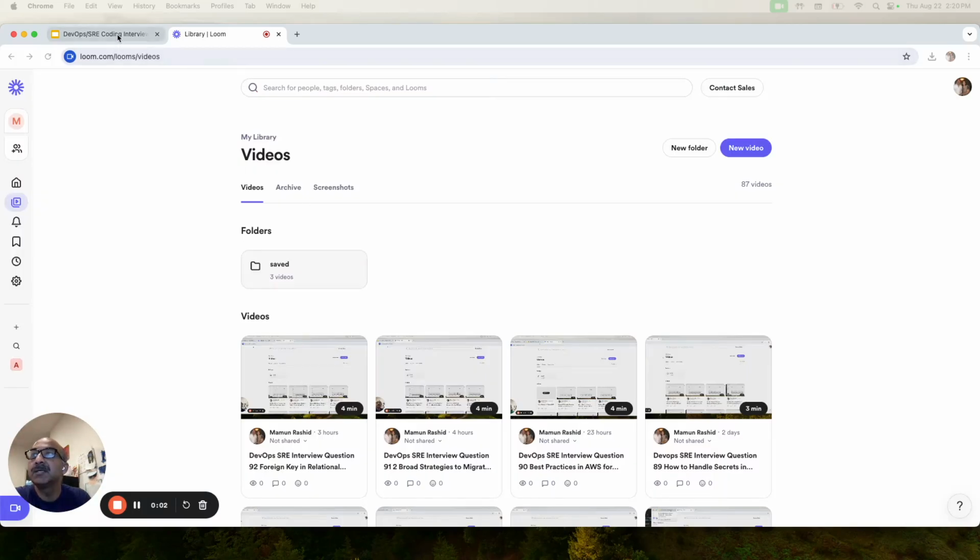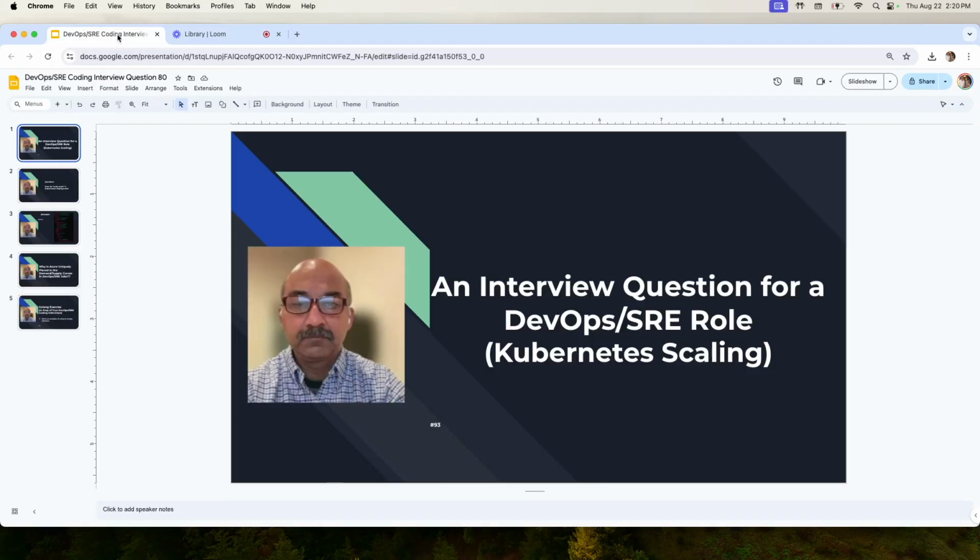Hey folks, today's DevOps SRE question has to do with autoscaling on Kubernetes. If you are not familiar with Kubernetes, you better be, because that's like the hottest topic ever for DevOps and SRE interviews and jobs. And scaling is also part and parcel of anything you do in DevOps. So you better know both parts of this